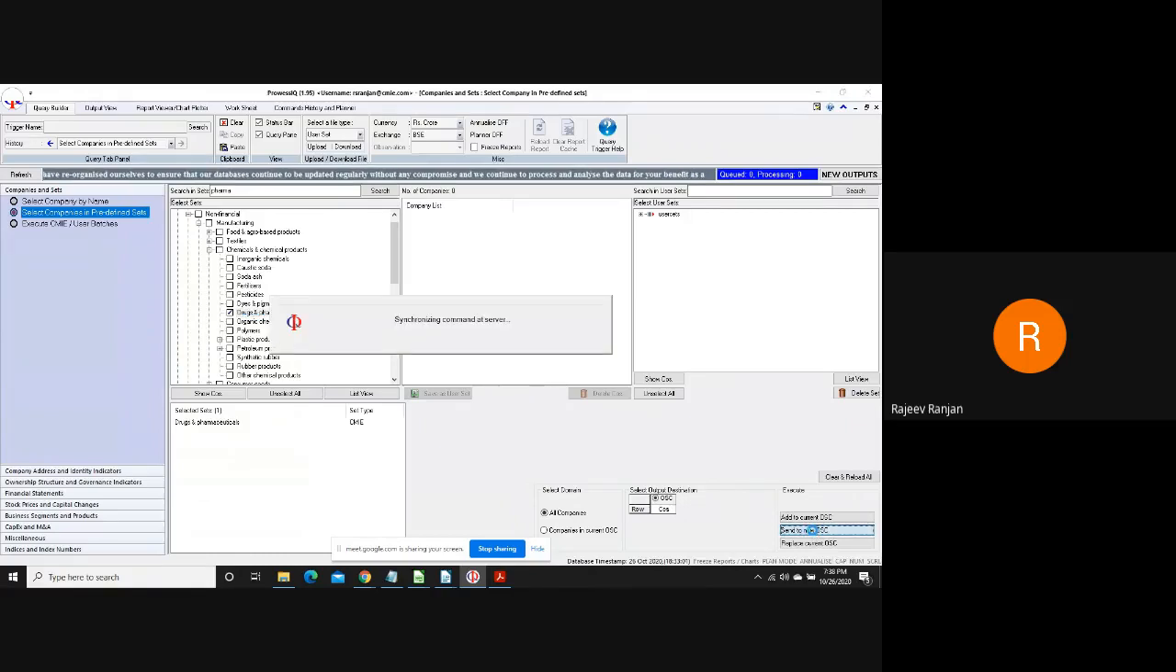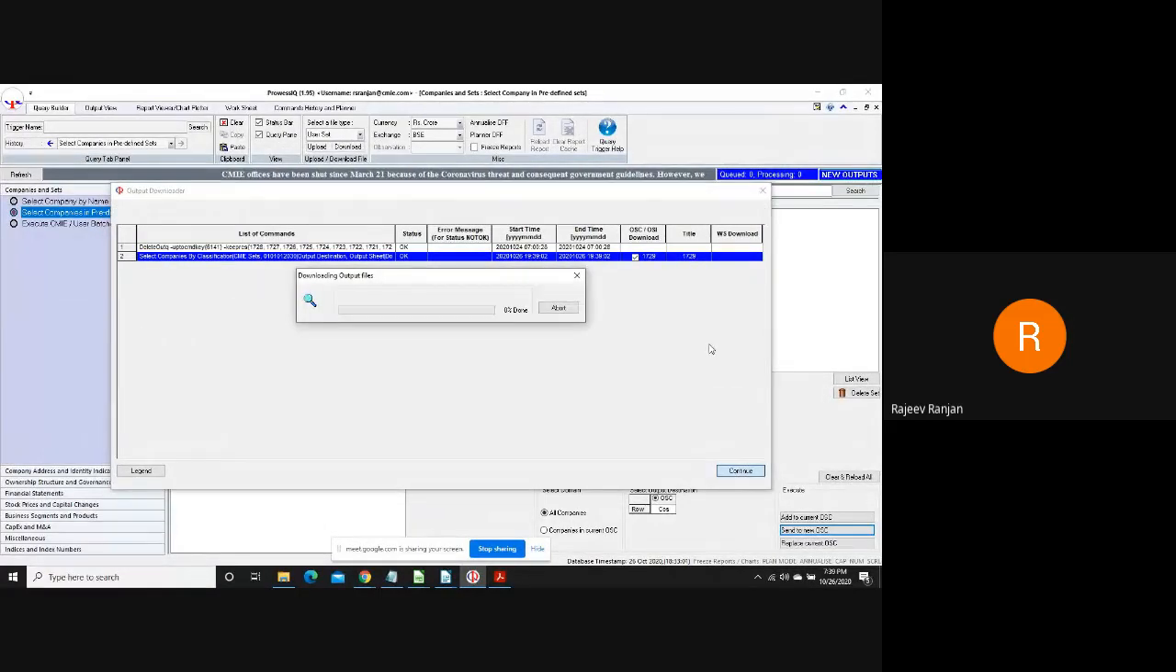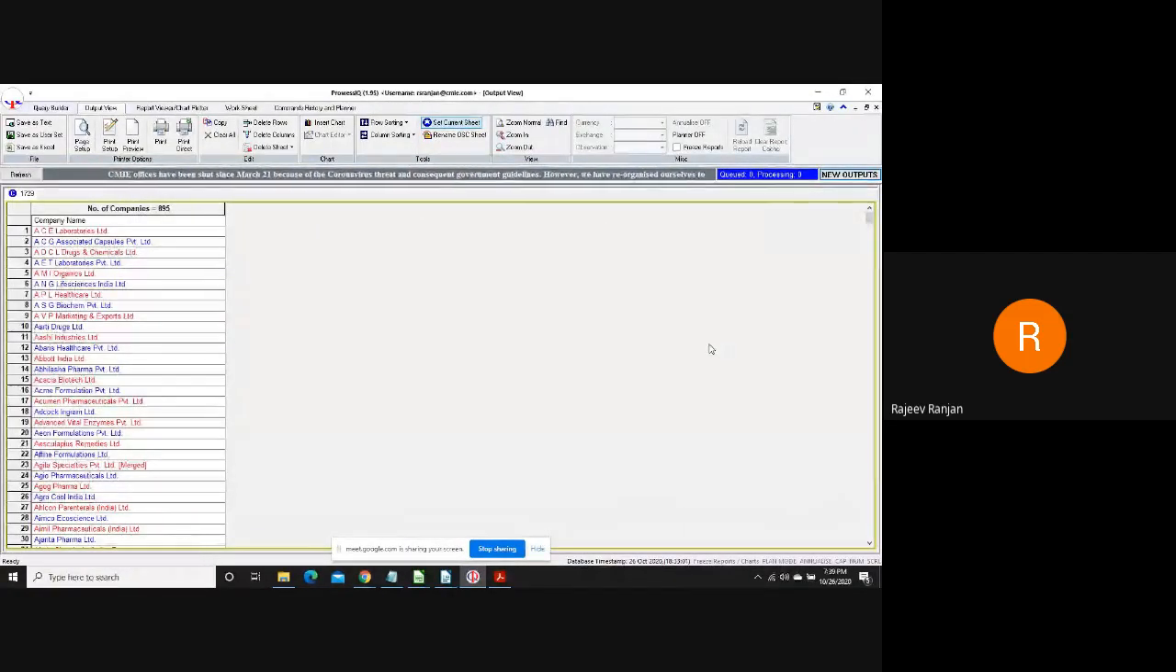a new output sheet of companies, and hence I click here, send to new OSC. So our new output sheet, OSC, belongs to output sheet of a company. So our new output sheet will be generated, which will have a list of drugs and pharmaceutical companies. Once you build this query, it goes to the queue and then processes it. When the processing is done, it starts blinking and gives you the output. So when I click on continue, this will give me all the companies which belong to drugs and pharmaceutical as